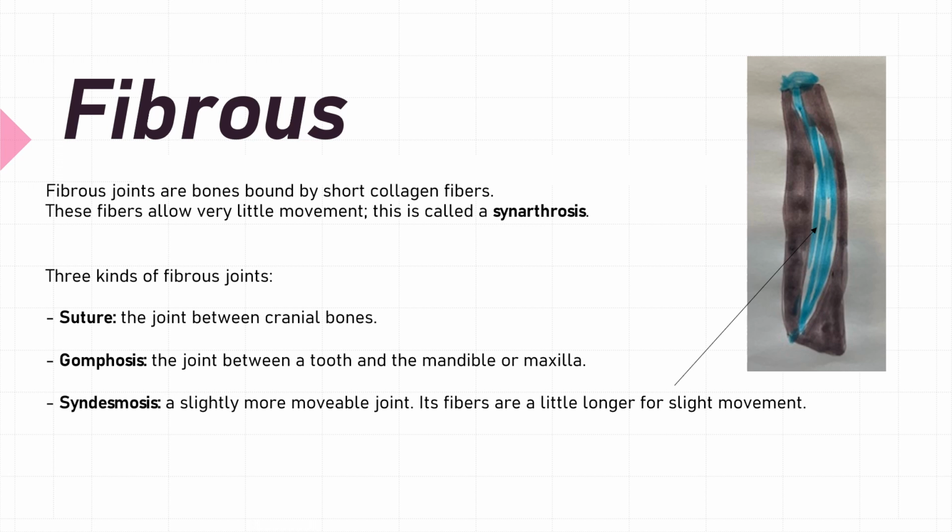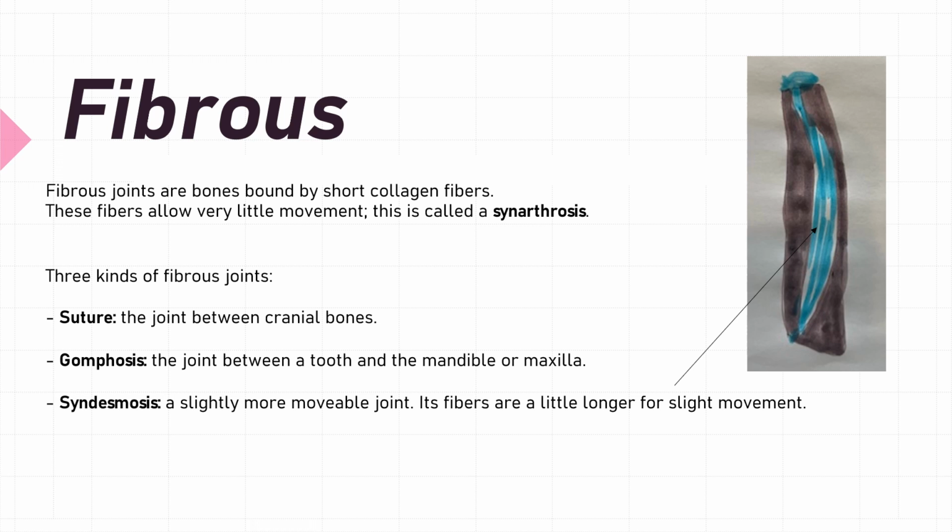Fibrous is the second type of joints that are bones bound by short collagen fibers. These fibers allow very little movement. This is called a synarthrosis. Three kinds of fibrous joints are suture, the joint between cranial bones;